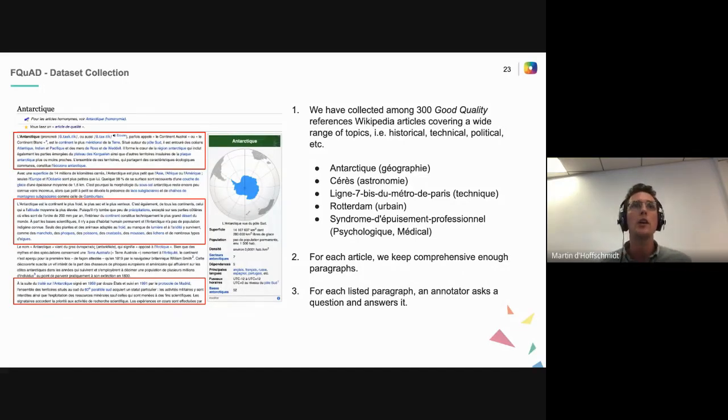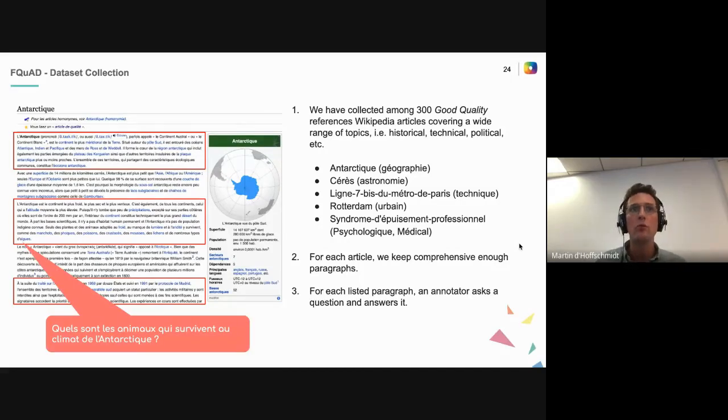Among them, you will find articles about l'Antarctique, about astronomy with moons like Ceres, but also more specific stuff like urban articles about Rotterdam and other towns. For each article, we collected some paragraphs that were not too short, neither too long, and then we had to annotate them. For each paragraph, we would present it to an annotator and ask him to ask a question and then